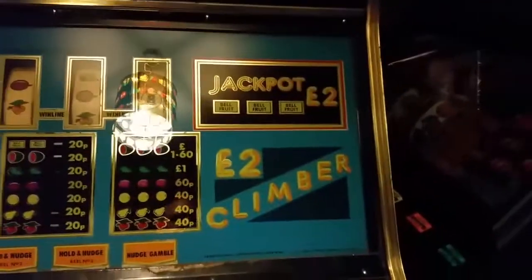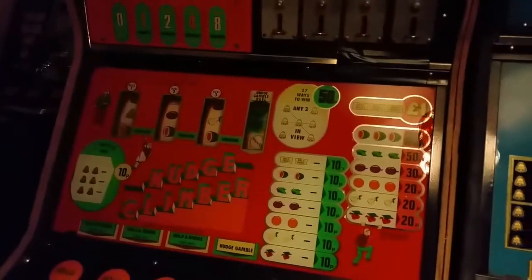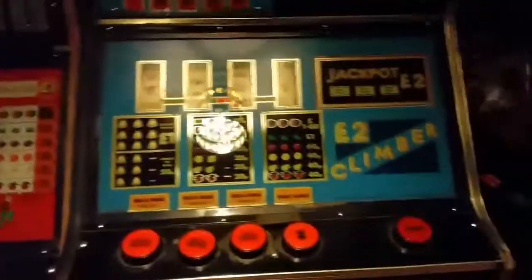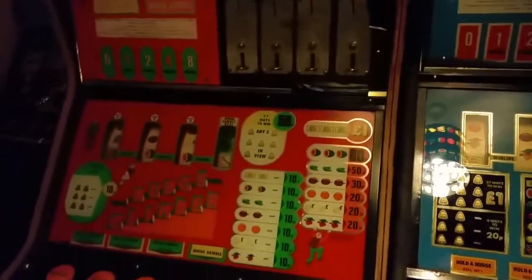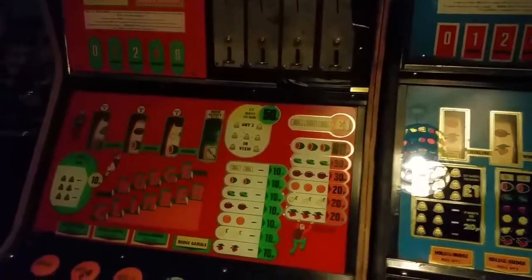I'm quite lucky to have these two at the moment here. I've got the £2 climber and the £1 climber. Only one of these two is going to survive. I think it's going to be the £2 climber's cabinet, which looks slightly better. Yeah, that's got a great big hole, and it's going to be the £2 climber cabinet, but with the £1 nudge climber kit. Because I've already got